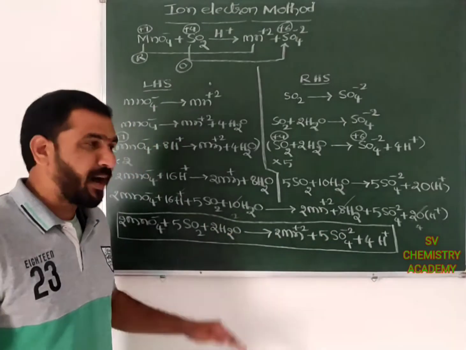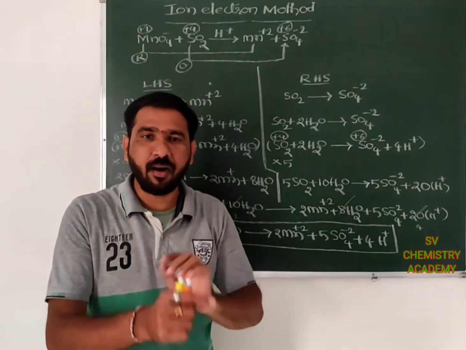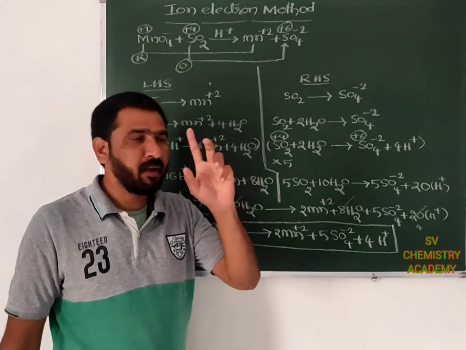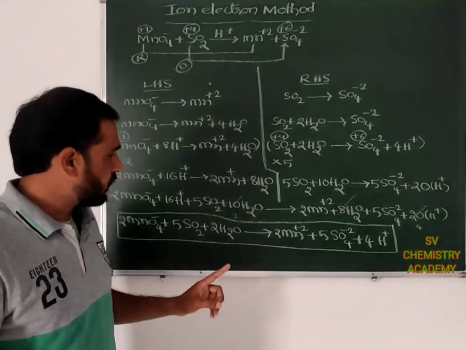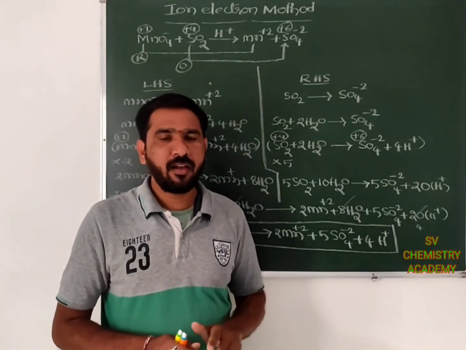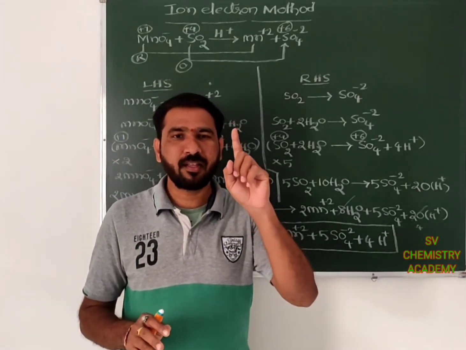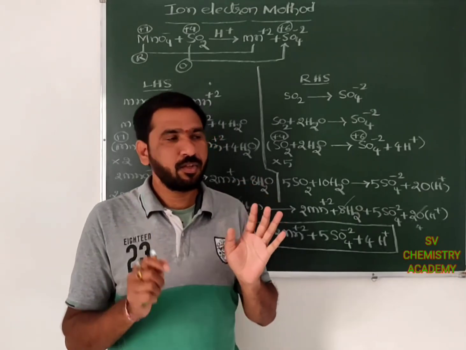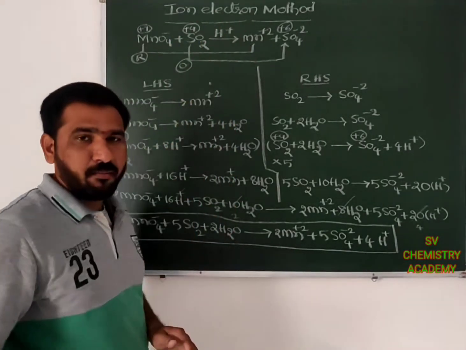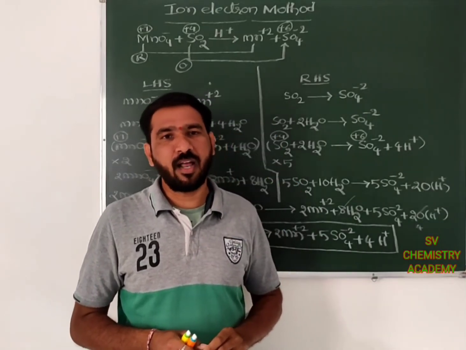If you check this, by the ion electron method also, we will get the same answer like the oxidation number method. I took the same example now in the oxidation number method. So at last we got the same, right. Whatever the method is, the resultant balanced equation will be the same. But remember, the oxidation number method is the easiest method. You see, beta, these many steps are employed in the ion electron method, but only 5 steps are employed in the oxidation number method. Easily we will get the balanced equation.